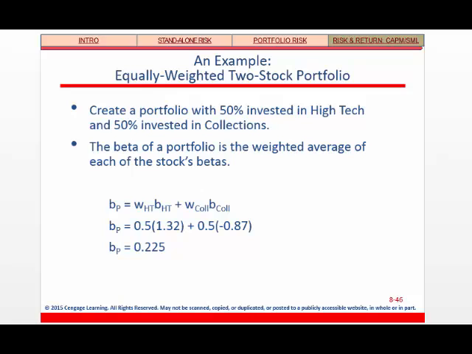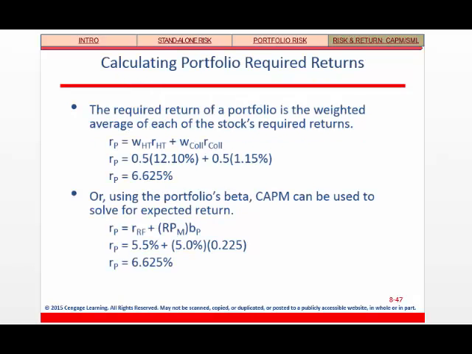Now to find the required return of a portfolio is the same way. It's a weighted average again. So you take the weights, multiply them by each specific stock's return, you add them together, and voila, bingo, you got the return for the portfolio. Now you can also do this using the CAPM, which is pretty neat. These are supposed to equal each other, right? From a mathematically academic